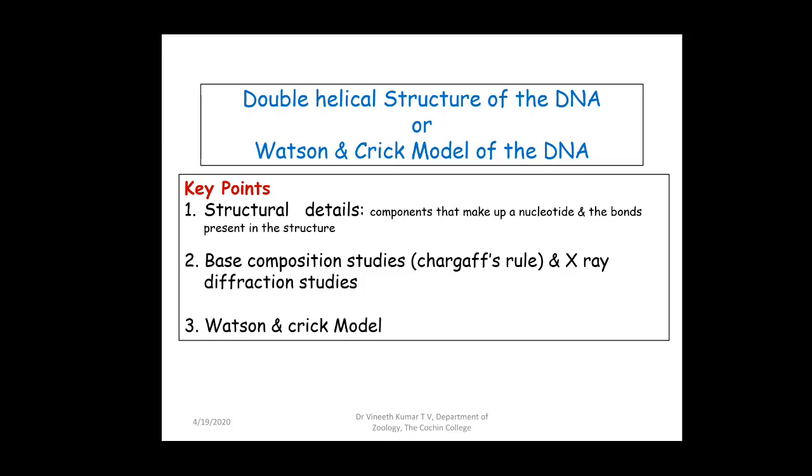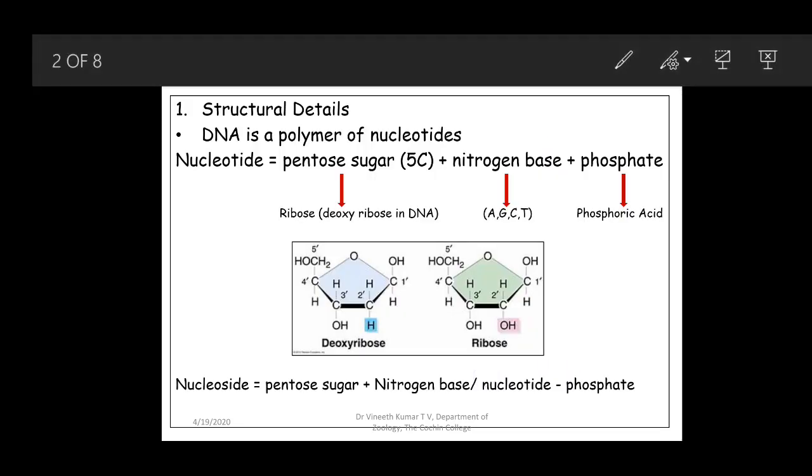So the key points of the discussion are: we'll first see the structural details, that is the components that make up the nucleotides and the bonds which are present in the structure. After that, we'll move on to the base composition studies, or the Chargaff rules, and the X-ray diffraction studies, followed by the Watson and Crick model. So to begin with the structural details,